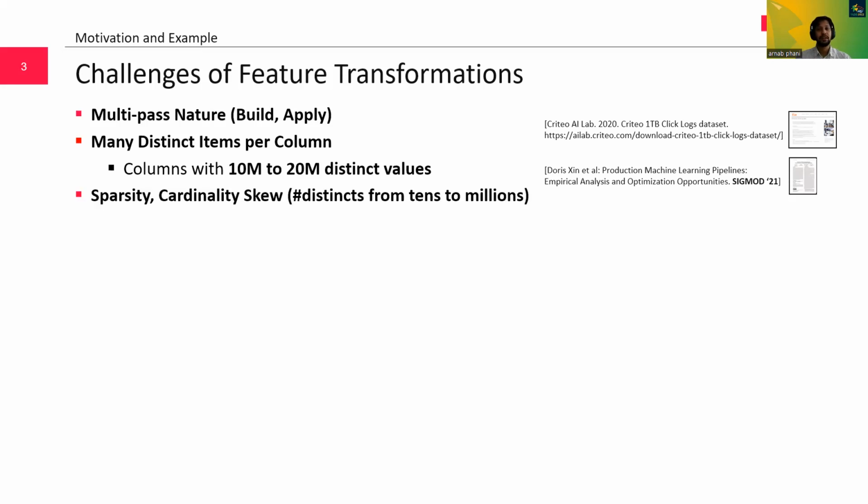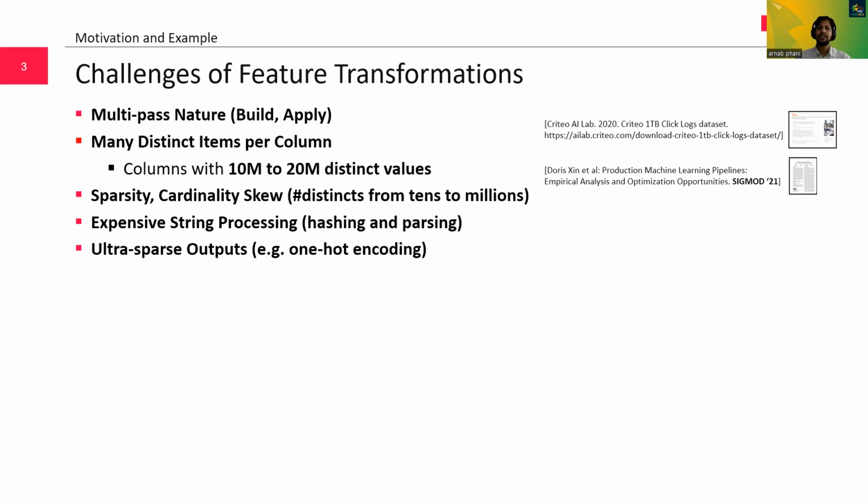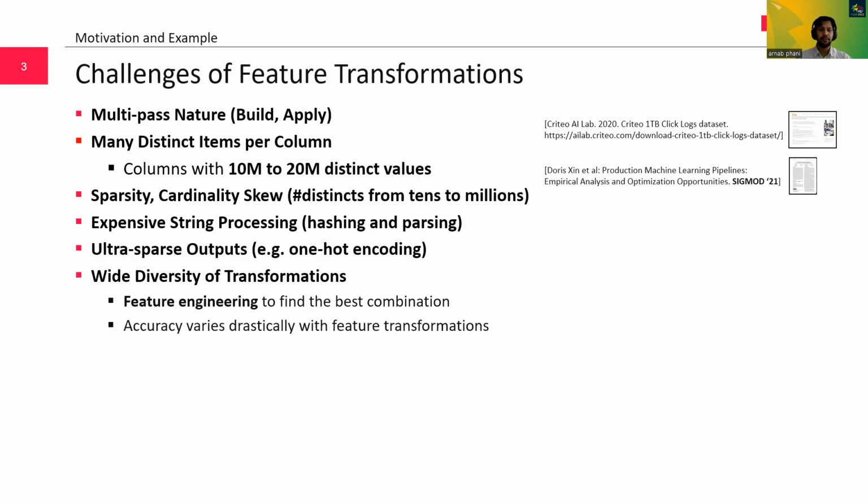Moreover, the number of distinct items varies drastically across columns. In the same Criteo dataset, some features have less than 10 distinct items. A big part of categorical feature encoding is expensive string processing, such as hashing and parsing. One-hot encodings typically produce ultra-sparse large outputs with millions of columns. And finally, data scientists need to apply different combinations of feature transformations to find the best performing combination in terms